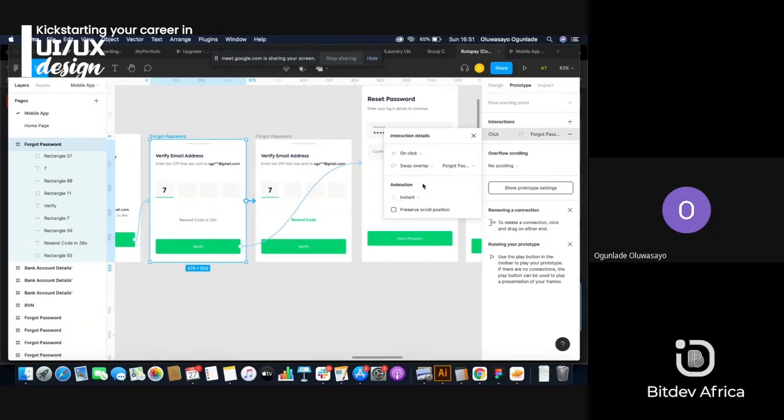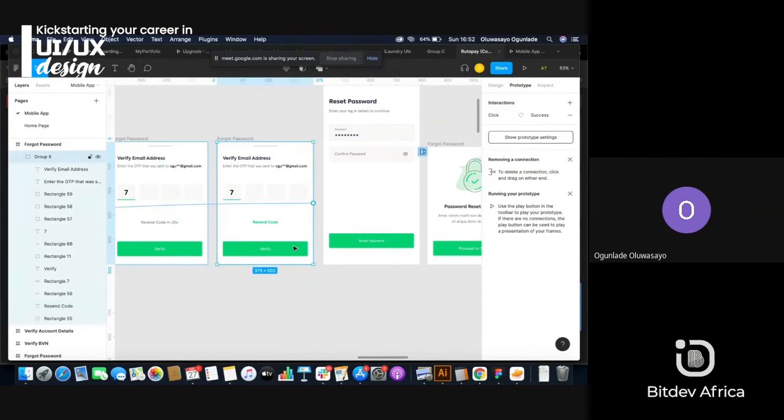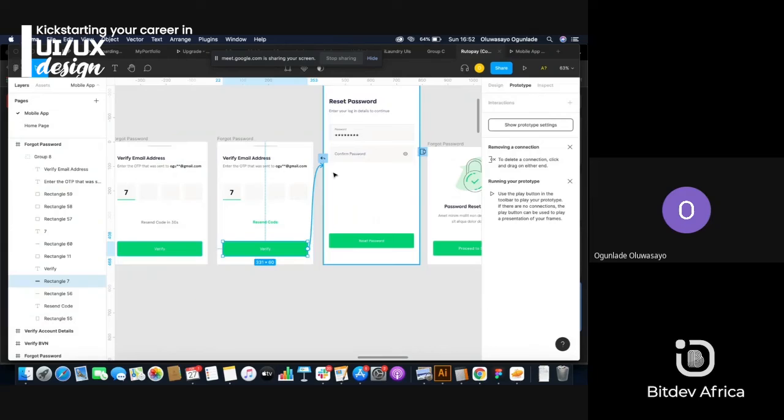And then on this, on click, it's not going to work. It's going to be after delay. And 30 seconds is the same thing as 3000 milliseconds. And then it will come here, after, but the timer is not going to show, of course. And when you are done with verifying, you can click here and